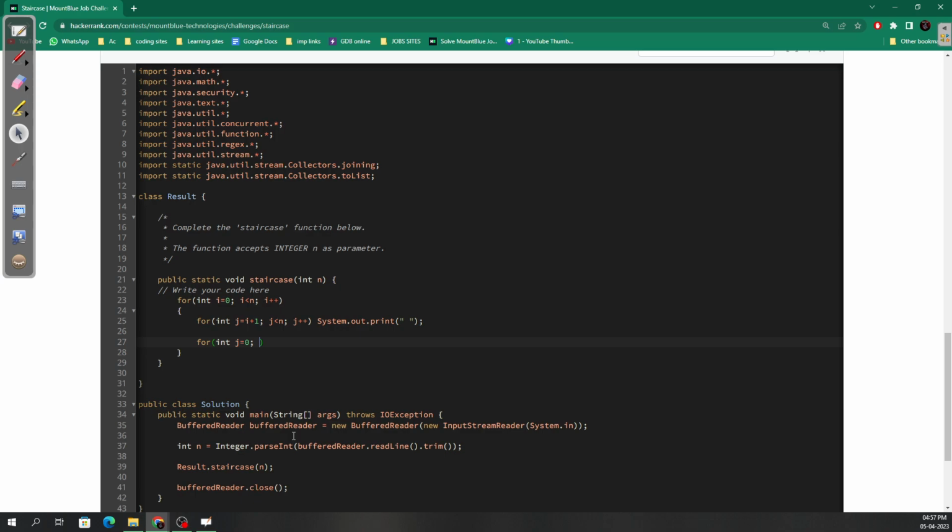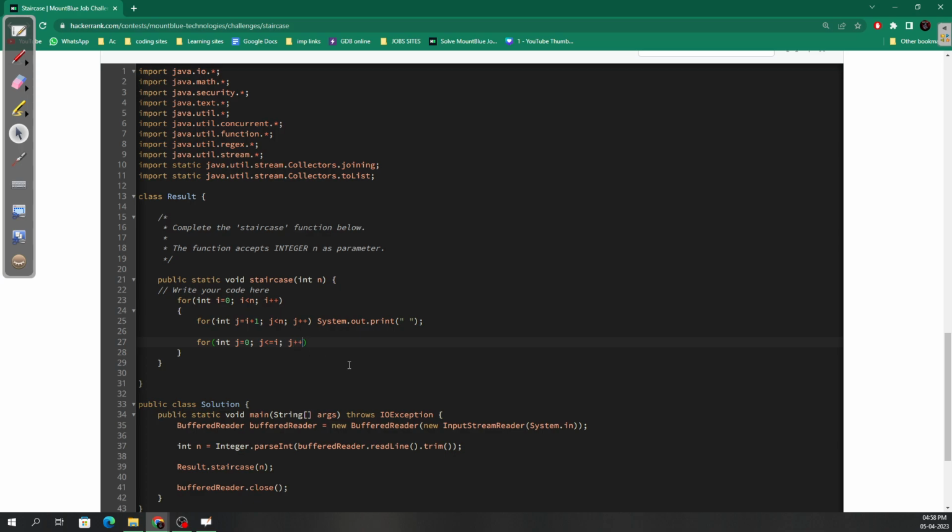So we can write j less than or equals to i, right? j starts from 0, then goes up to i. When i is 0, it will run 1 time, and at last i can go till n minus 1, that is 5. So 0 till 5, that is 6 times: 0 1 2 3 4 5, 6 times,